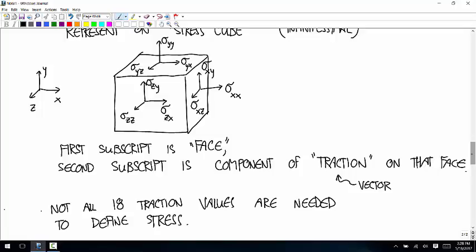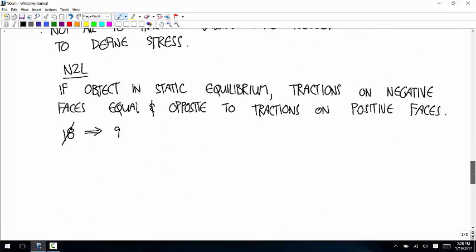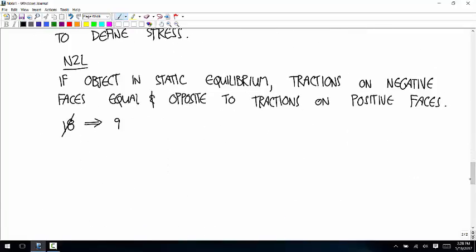And now what I just said was that the negatives don't matter, so we're only worried about the positive faces. We're trying to cut this down to as little information as possible. 36 values is a lot to track around for a single point. Little by little, we're cutting it down to the information we need. So Newton's second law says don't have to worry about the negative faces. Now the moment equation, rotational Newton's second law, says that if the object is in static equilibrium,